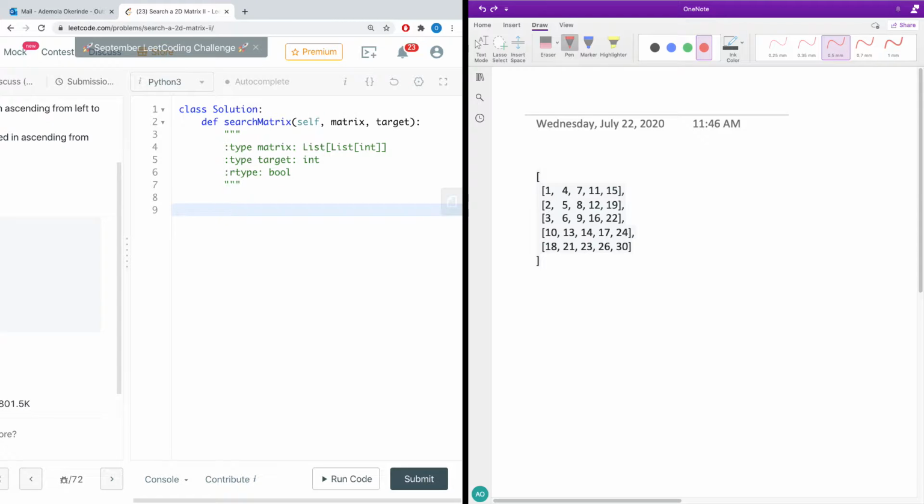First, we handle the base cases as usual. That's essential. So if there's no matrix, then we return false. Essentially, what we're saying here is that if our matrix is empty,